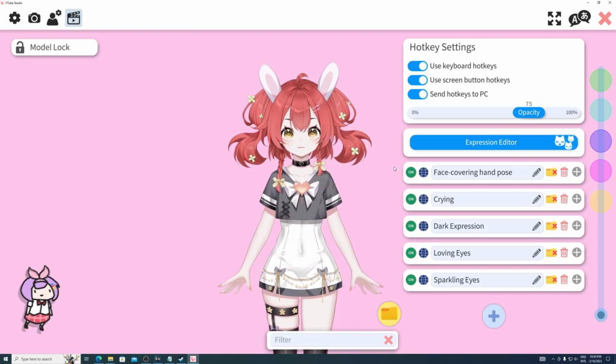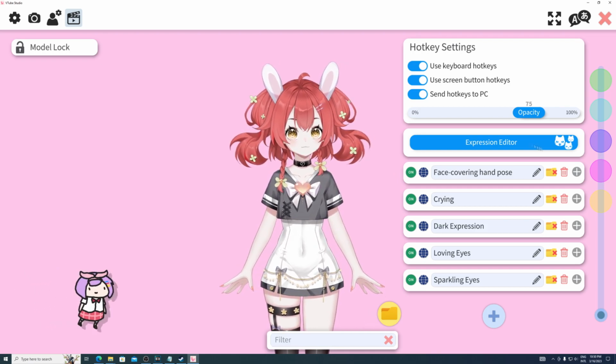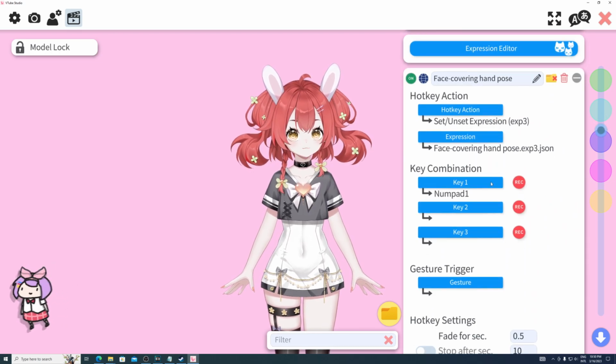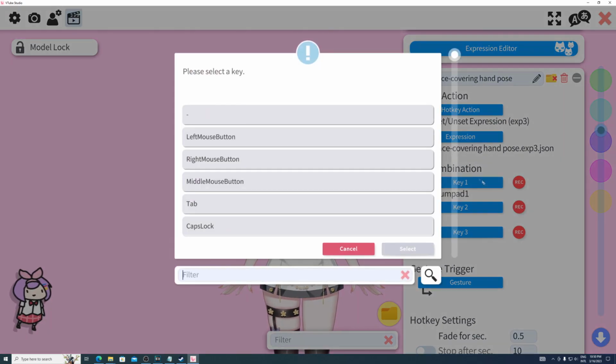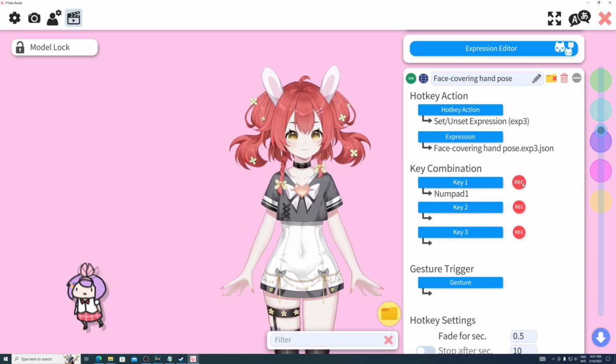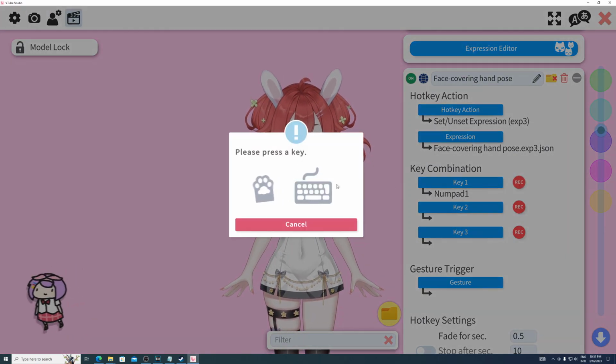If you want to assign an emotion to another key on the keyboard, click on the plus sign, scroll down a bit, and you will see the Key 1 button. Simply click on it and select the key to which you want to assign this emotion. Alternatively, you can click on the red erect button and press any key on the keyboard to which you want